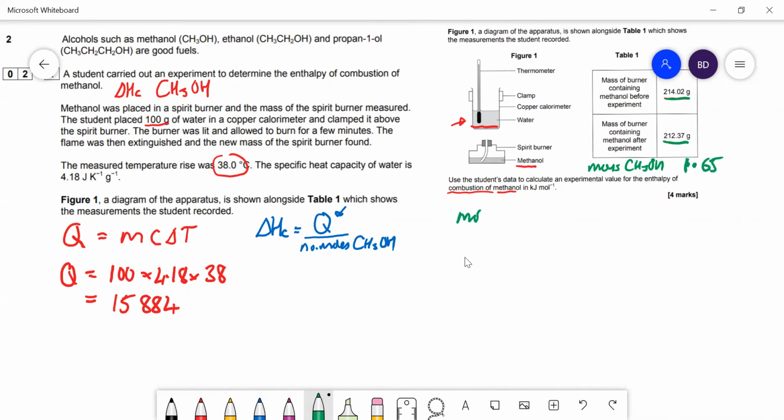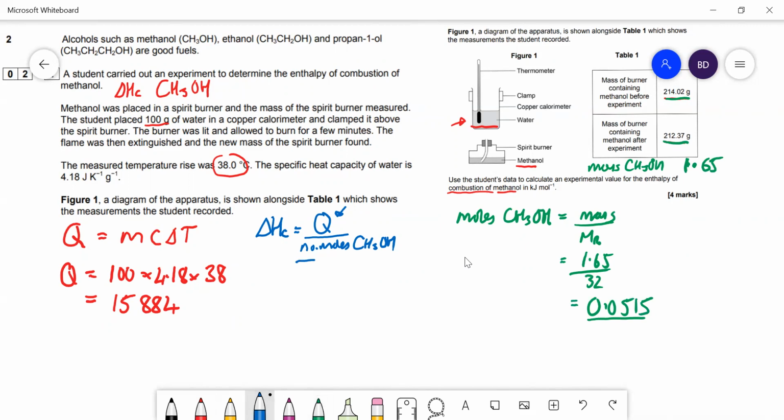So moles of methanol is equal to the mass of methanol divided by the MR. That's equal to 1.65. The MR of methanol is 32. And that gives us 0.0515. That's the number of moles of methanol. So that's ready to go into this blue equation over here. Do that. Delta H, the value for Q, is 1580.84 divided by number of moles, which is 0.0515. And that gives us